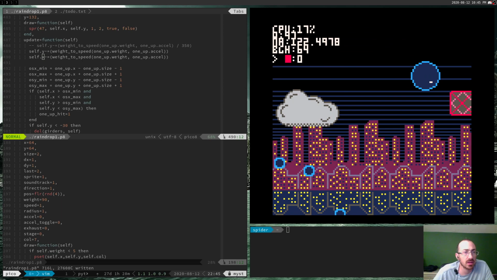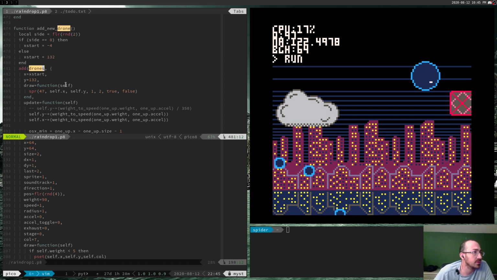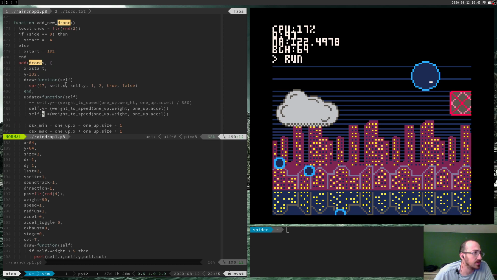Oh, and then they're just going negative. So that's another issue. So if it starts out negative, then it has to go positive. So it has to kind of go opposite. Y is always going to be negative 132, but x could be on one side and it could be on the other side. The only way that we're going to see these right now is they're going to go from the right-hand side of the screen to the left-hand side of the screen. So up that way, I think. Yeah, like that. Okay, so